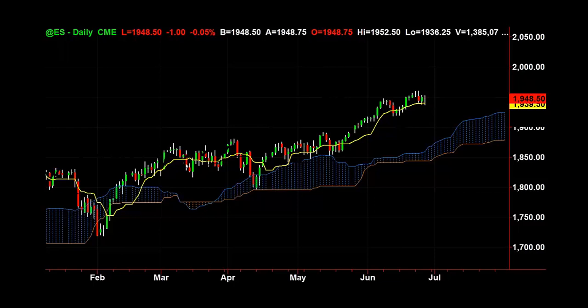So this is going to be really, really fast support. I per se don't trade off of this thing that much. I usually trade off the standard line more. But what you'll do is you'll look here. All right, if it breaks the yellow, it could potentially go to the cloud. But there's another step inside of that thing.